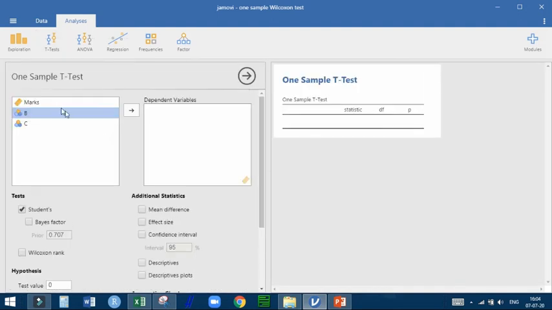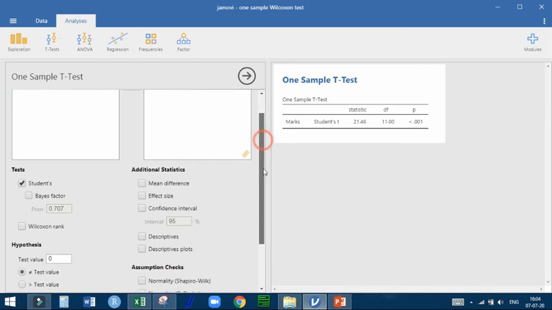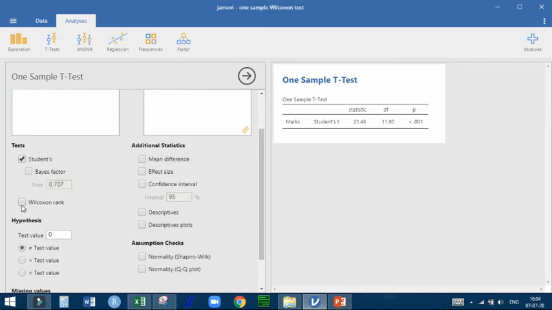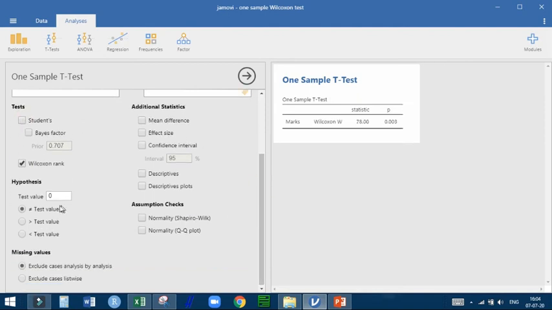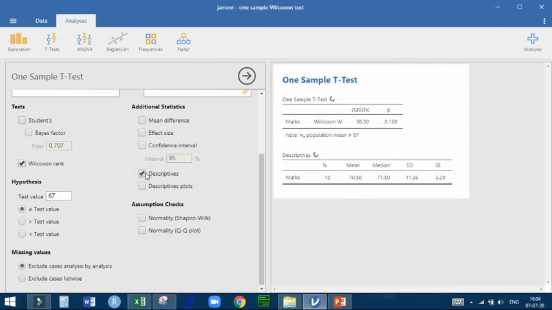There are two boxes. Here is the variable marks. We will shift the variable marks into dependent variables, and we have to perform the Wilcoxon rank test, uncheck Student's, and compare against the test value, or hypothesized value, 67. We will check the box for descriptives also.